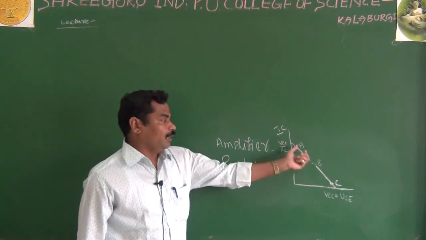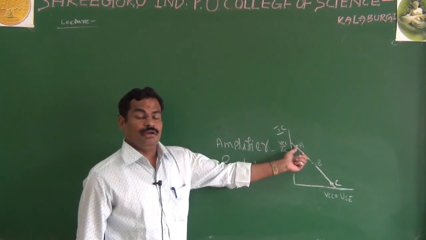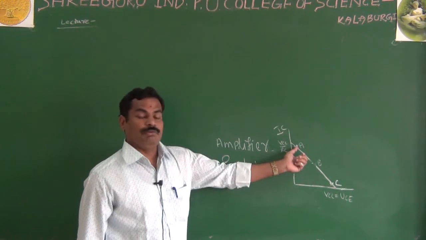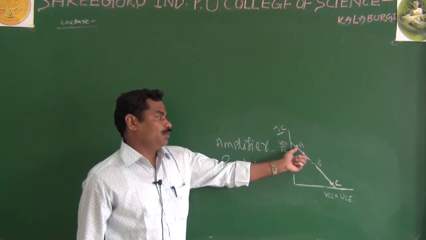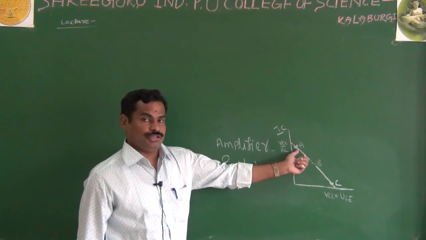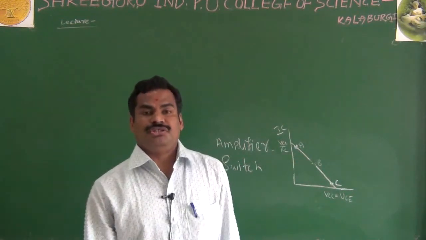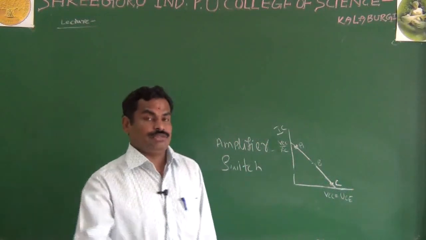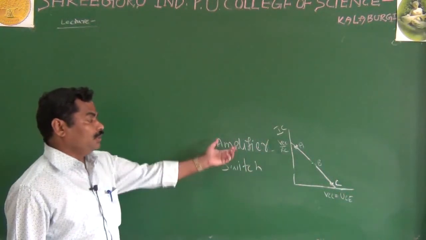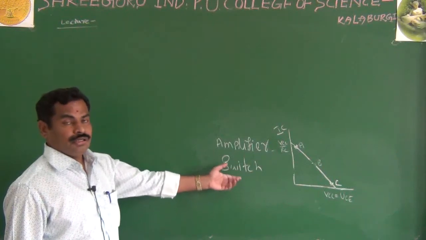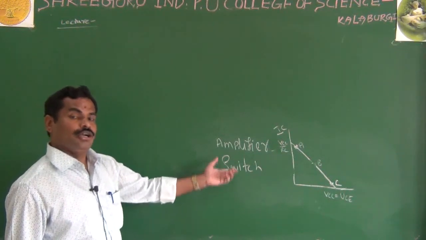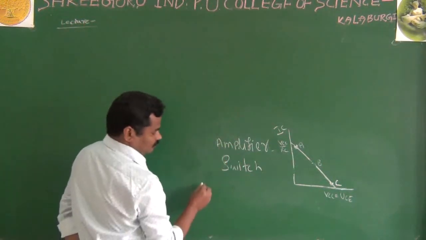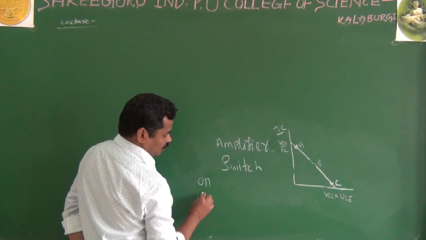If the Q point is near to the cutoff region, for example, it may be the point A. As we know, point A is near to the cutoff region. If the Q point is near to the cutoff region, then what is the use of the transistor? As we know already, we have another important application of the transistor, that is used as a switch. And also we know a switch has two conditions. It may be on or it may be off.